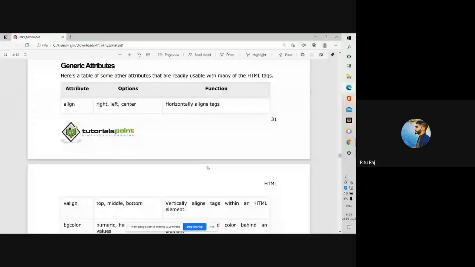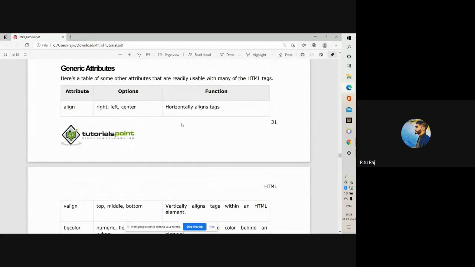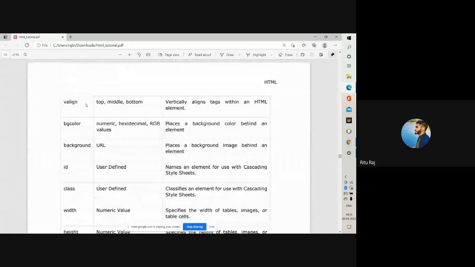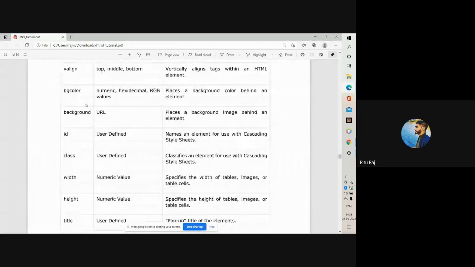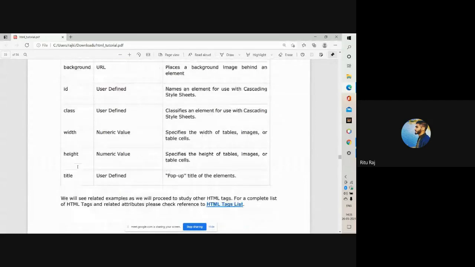So here you can see some generic attributes that can be readily used with many of the HTML tags, like align, valign, bgcolor, background color, ID, class, width, height, and title.